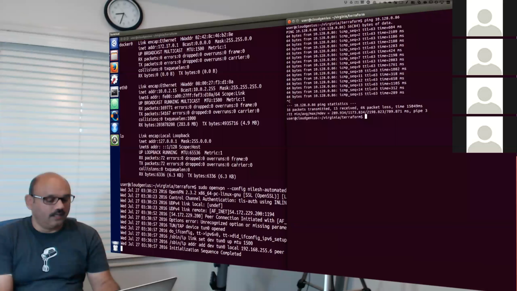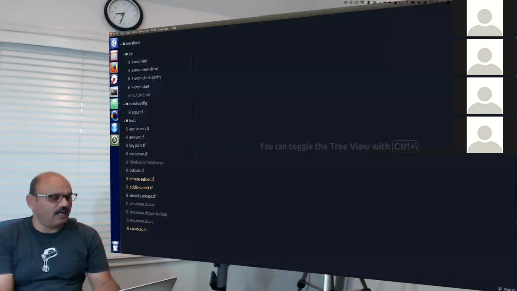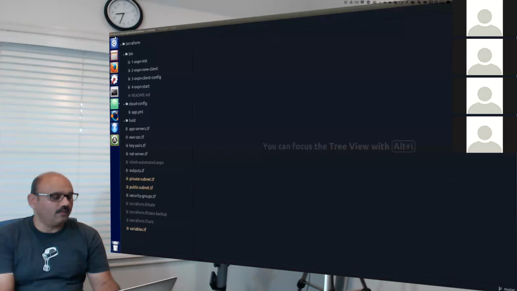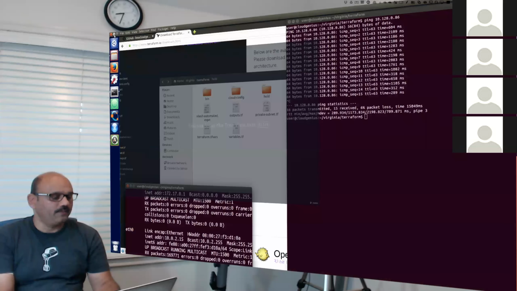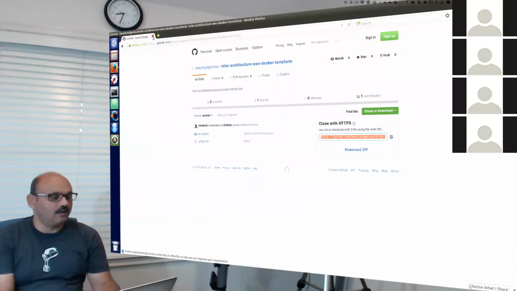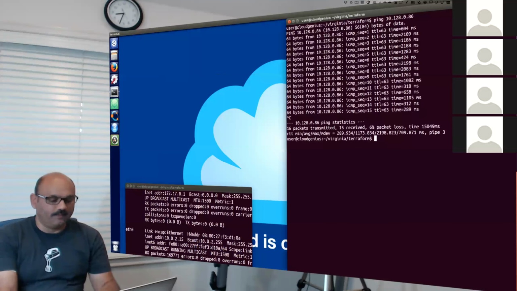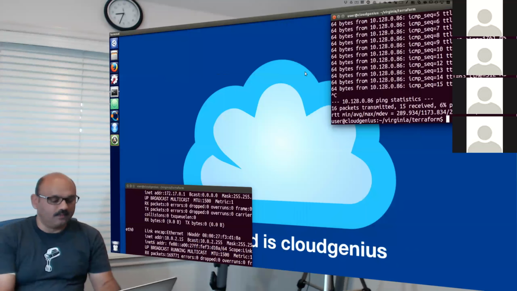So I'm just making it the lower left corner, keeping it aside, and focusing primarily on our other terminal, which is what I want to get to. In this terminal, I want to be able to ping the app0 machine.